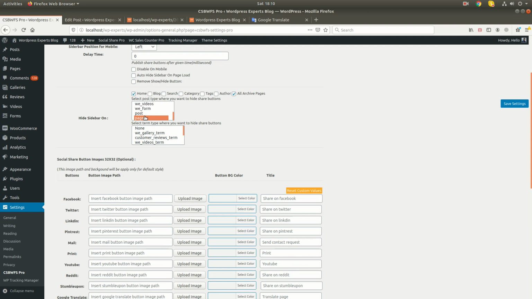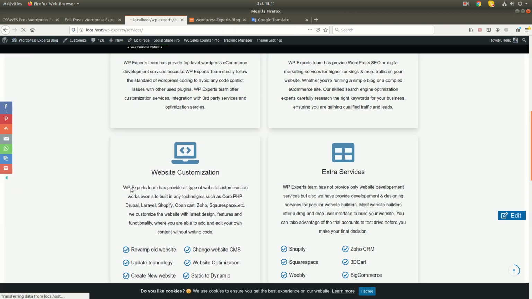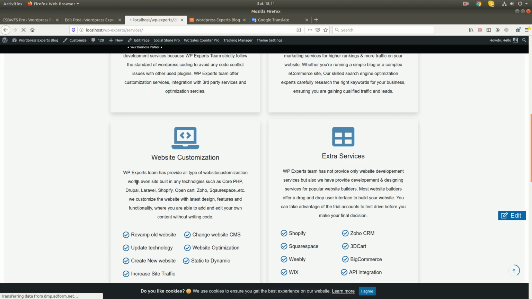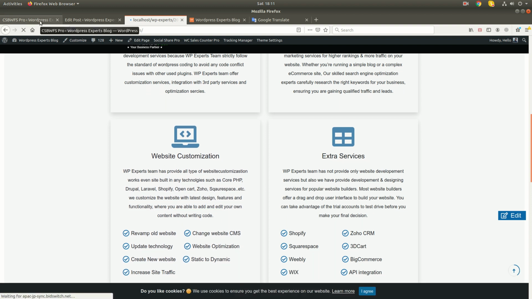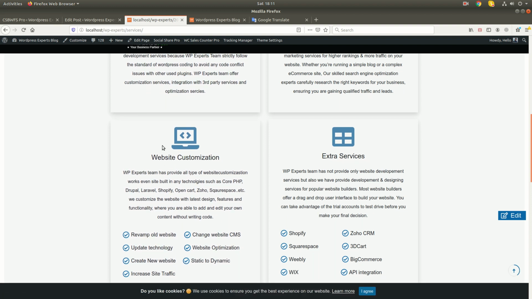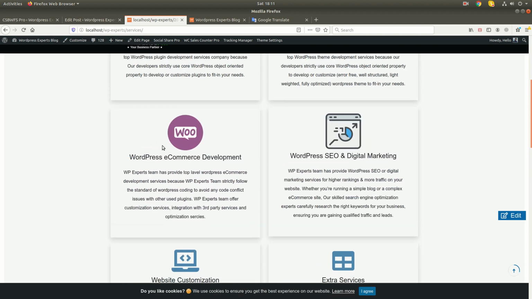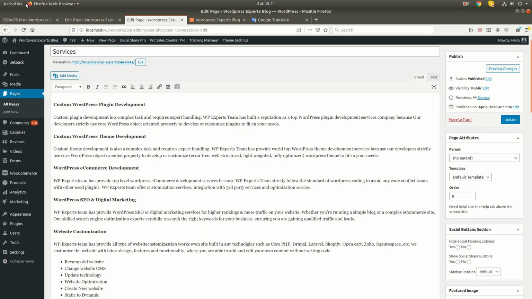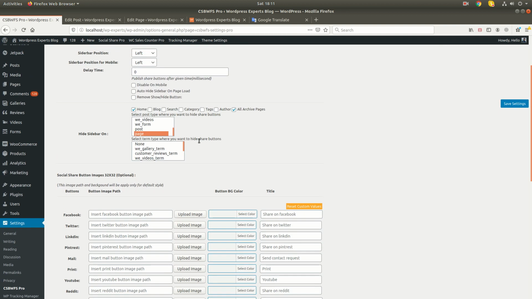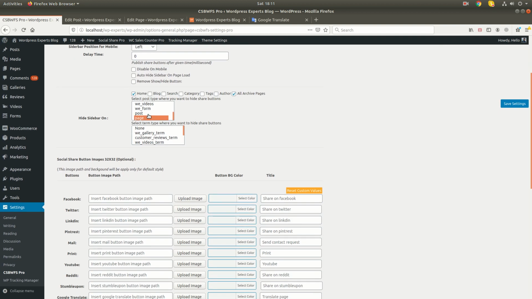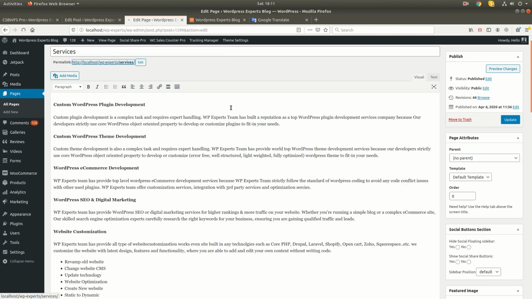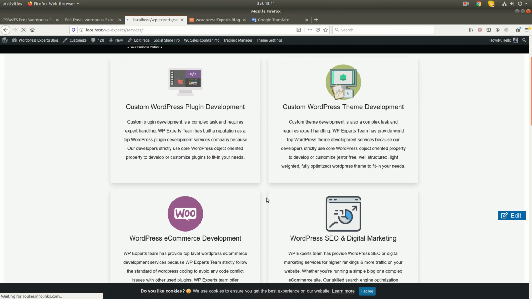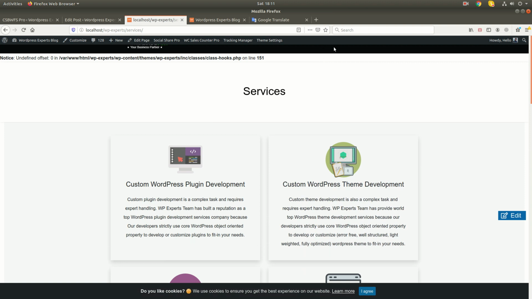I have selected the page only, so the social share button will not display on pages. They will display on the post.